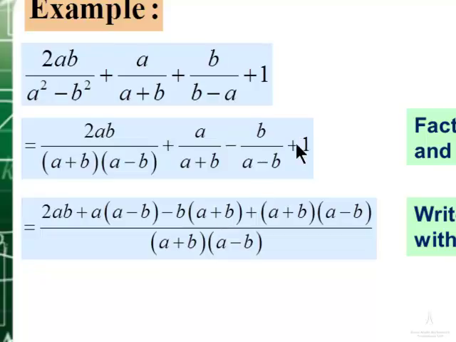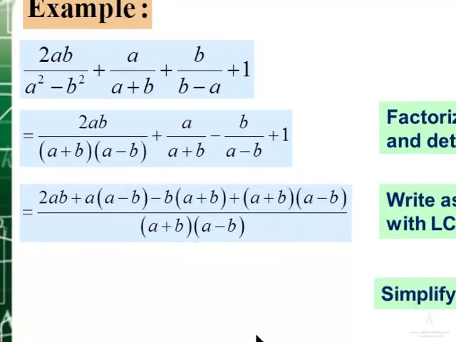And finally, the final term, plus 1, which we can view as 1 divided by 1. If the denominator becomes a plus b times a minus b, as it is, then above the line, the 1, the numerator in this case, must also be multiplied with a plus b times a minus b. Now it's just a question of expansion, consolidation of like terms to simplify this particular algebraic fraction into its final